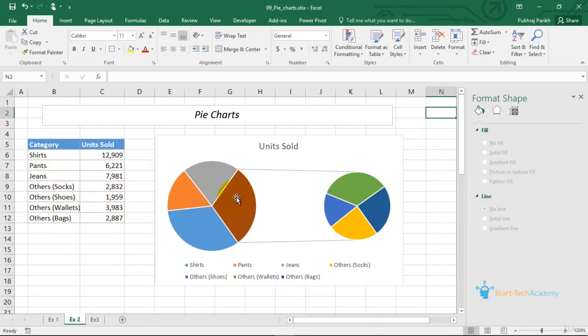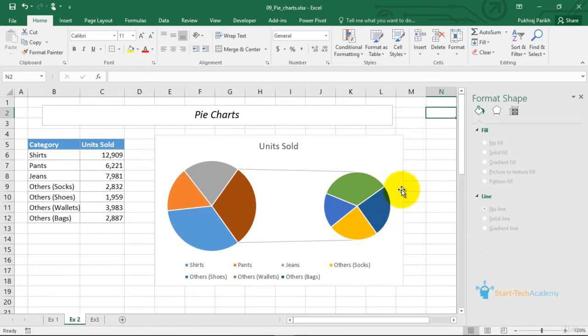And this others pie will be exploded into another pie and it will have 4 other slices. So this secondary pie chart or the bar chart can clearly provide the additional breakdown of the others contributor.